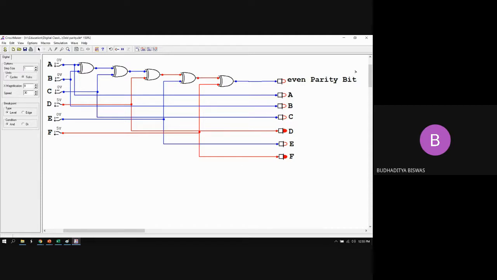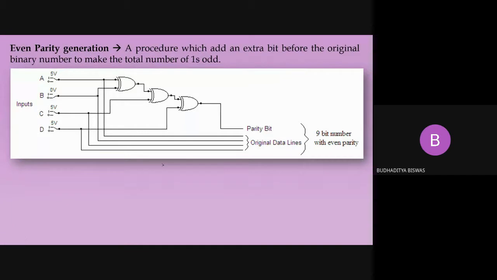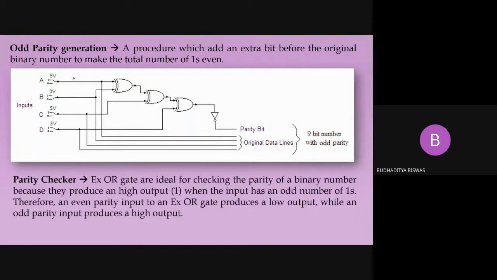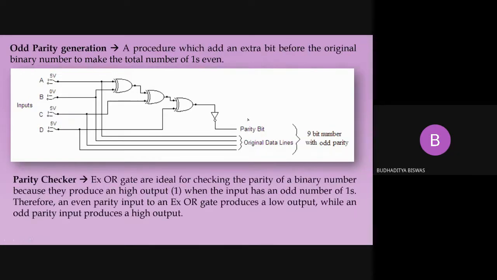So that is called the parity generator. Now come to this one. This is the odd parity generator. For the odd parity generator, you just need to put a NOT gate here to make the total number of 1s odd. And for the even parity generator, you just take the XOR gate output as the parity bit. So this is the original data, and the parity bit is attached to the original data to make the total number of 1s at the output always either odd or even. In this circuit it is even, and in this circuit it is odd.